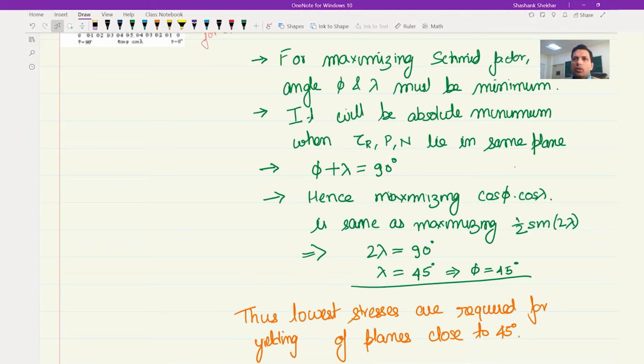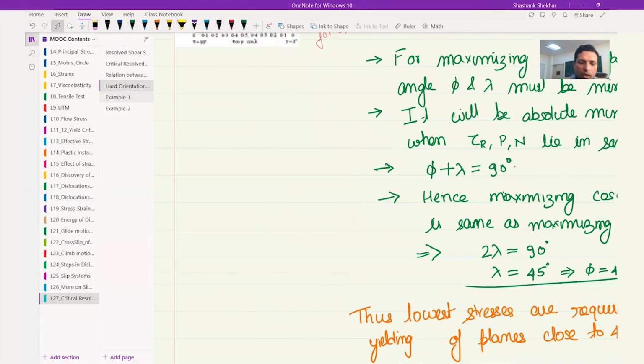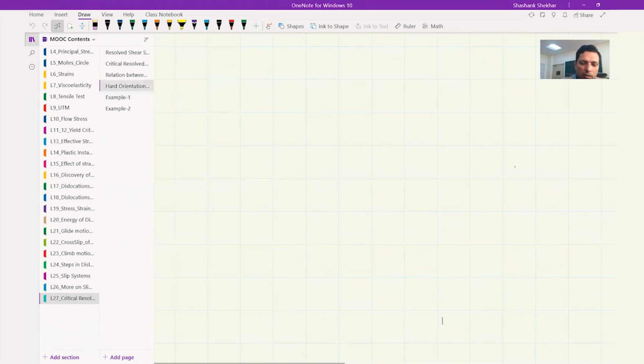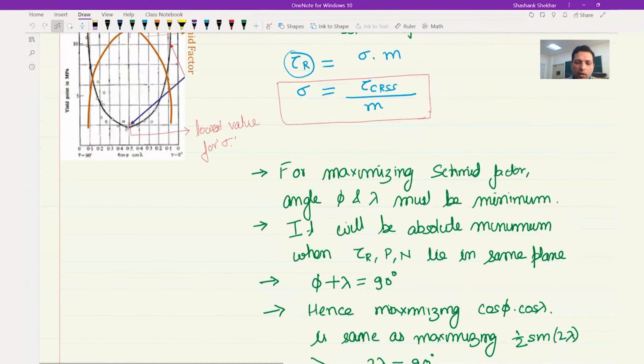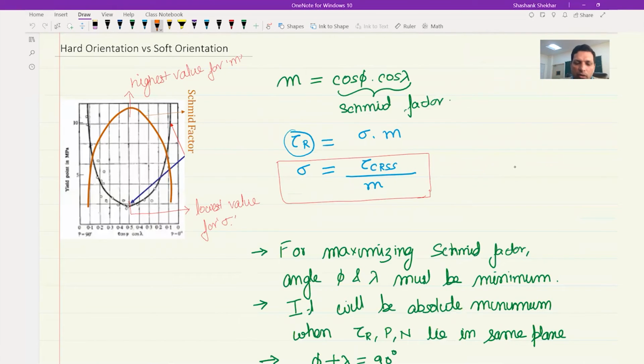So let's try to solve some problems related to this. One point I missed, which is the topic here, is hard orientation versus soft orientation. The orientations close to this region would be called soft orientation, meaning you need less stress for the dislocation to move along those planes, while the orientation over here would be called hard orientation. And in fact, at 0 degree or 90 degree, those would be called very, very hard, because